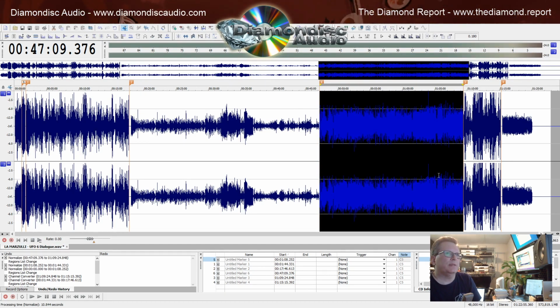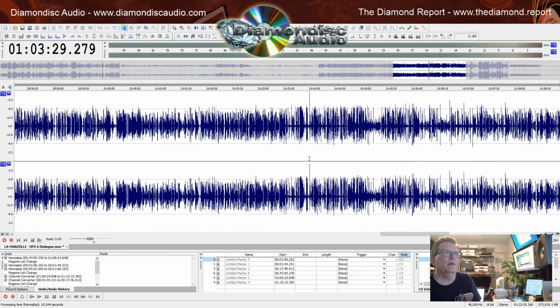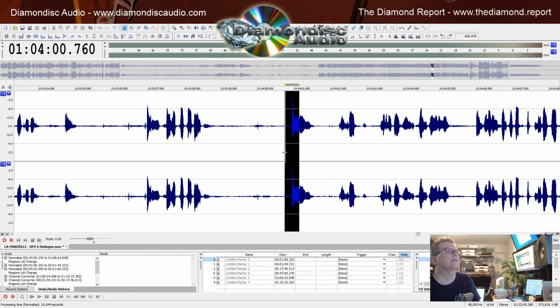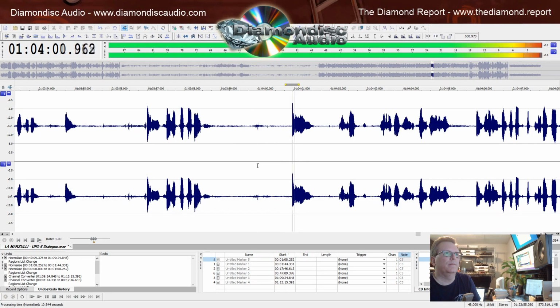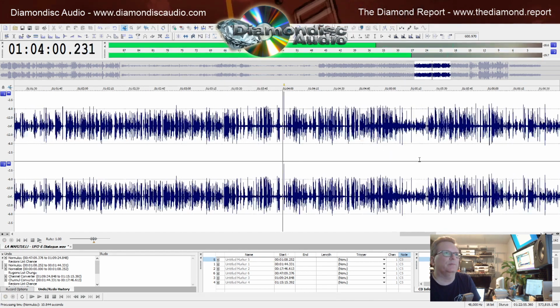I just normalized that section. What it's doing is it's looking for the hottest or loudest peak, loudest spike in the audio, and then it's going to set that at digital 0. In this case of this section, it's just this piece right here that I have highlighted. And that hits right at digital 0. You'll see that on the meter up above. And right here I have it set to minus 0.1, which is basically digital 0.